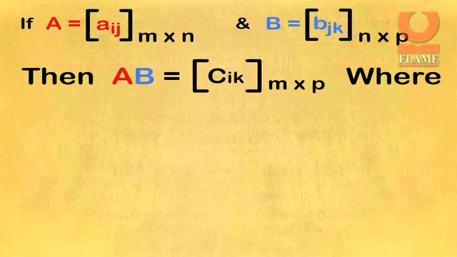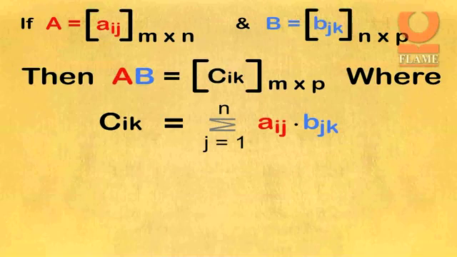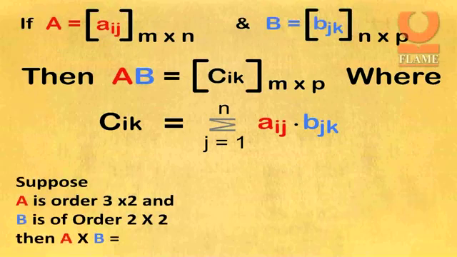For example, if A is equal to Aij, m into n, and B is equal to Bjk, n into p, then A into B is equal to Cik, m into p, where Cik is equal to summation of Aij into Bjk, where j is equal to 1 to n. Suppose A is of order 3 into 2 and B is of order 2 into 2, then A into B is